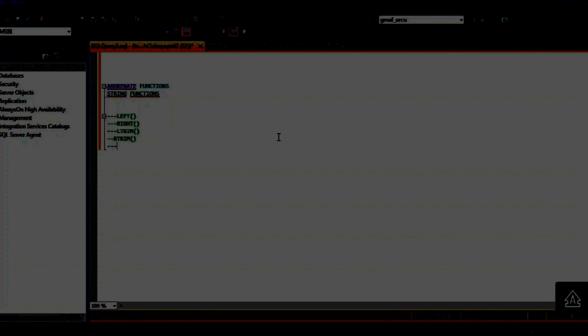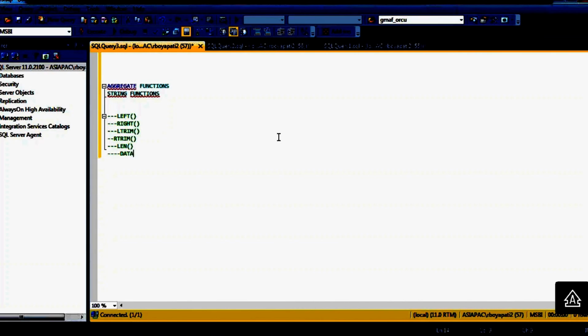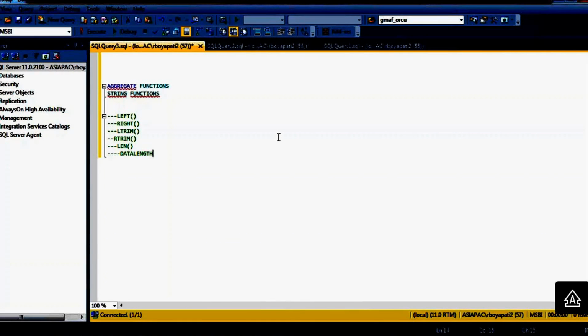So some of the functions we have in the SQL Server are left, right, LTrim, RTrim function, length function, data length function, what is the next?